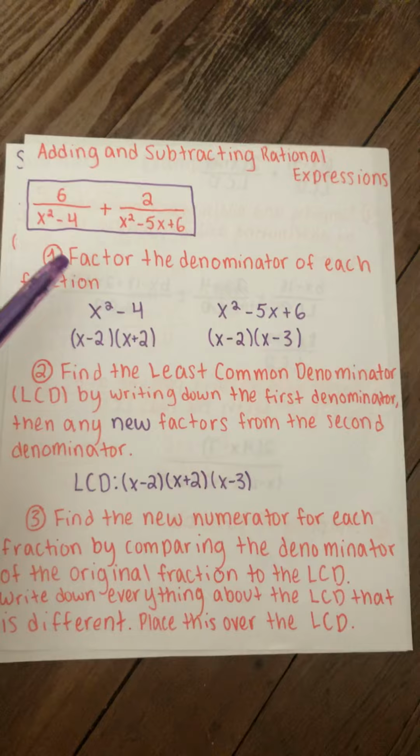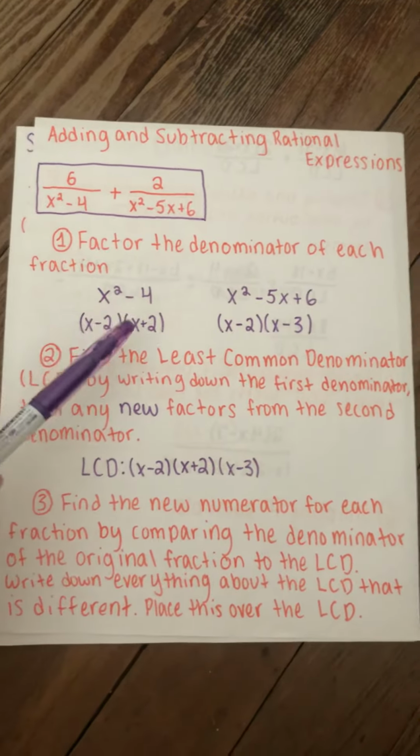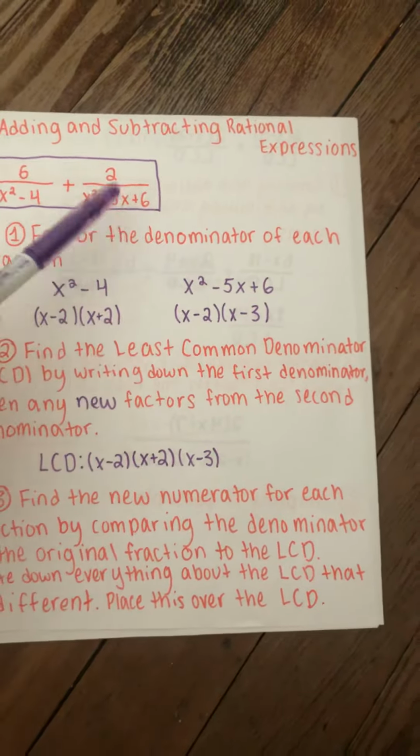Good morning. This is an explanation of how to add and subtract rational expressions. So these are the rational expressions that we're going to be dealing with. The very first thing we need to do is factor the denominator of each fraction. So this is the denominator of that fraction, and this is the denominator of that one, and I just factored